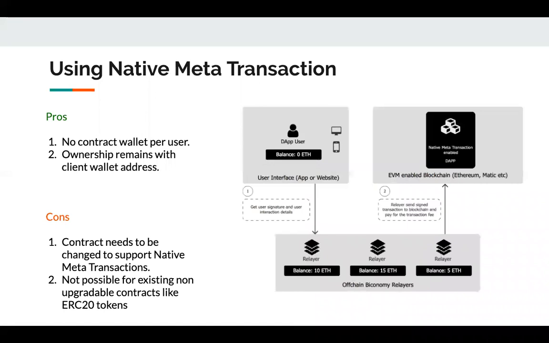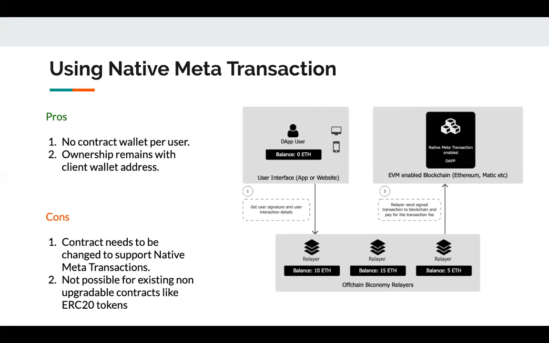Let's go ahead and talk about the second approach, using which you can enable these meta transactions. Here, no contract wallets are involved. The transaction flow is very simple. You sign the transaction data, you send it to the off-chain relayers. The relayer will actually trigger an actual blockchain transaction, thereby paying the gas fees. And this is, let's say, the Twitter smart contract. It will send a transaction directly to this, and your transaction will happen. You will be able to post a tweet